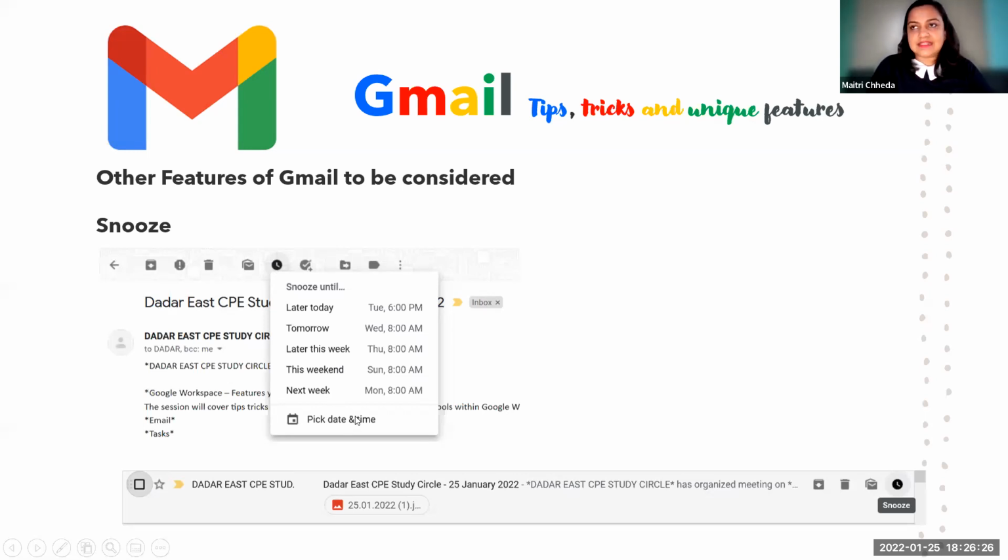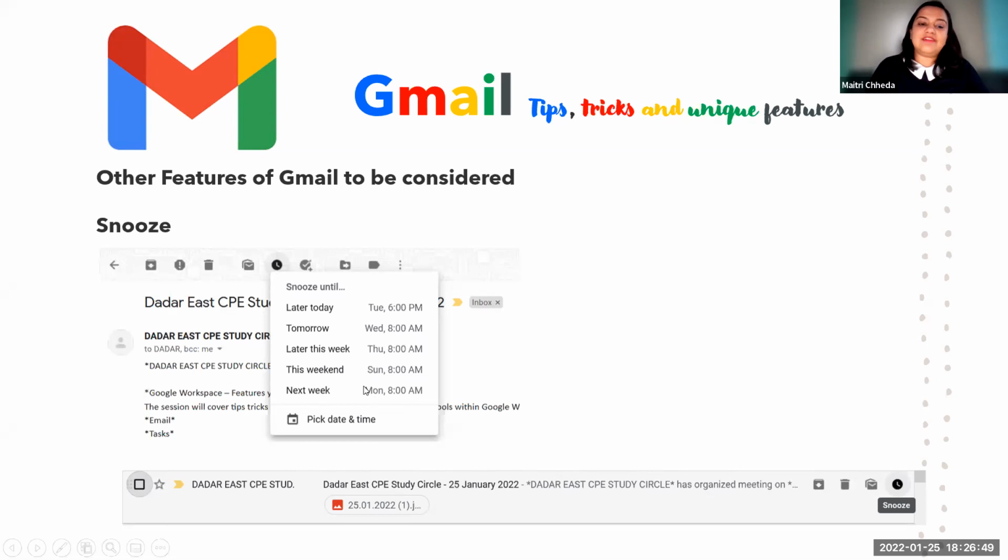So say I received an invoice, or maybe a bill, maybe it's my credit card bill or my mobile bill, and the date of payment is maybe 2 weeks later, and I don't want to make a prepayment. I want to make a payment just 2 days before. So what I will do is snooze until a particular date. At that time, that email will pop up.